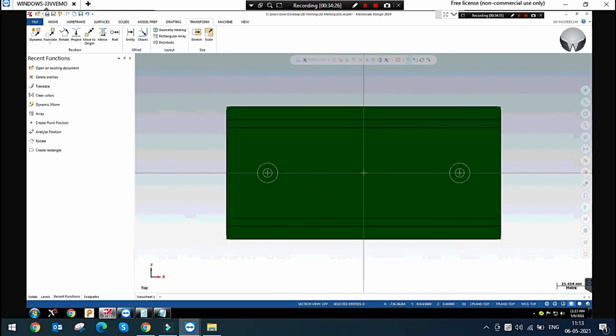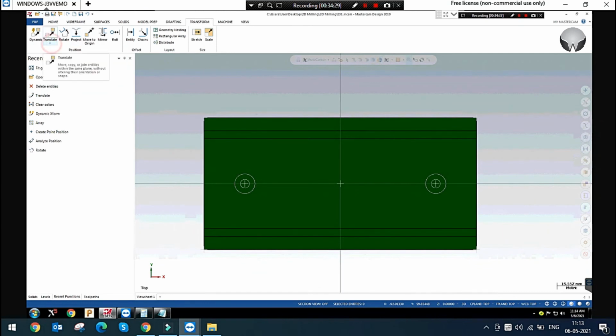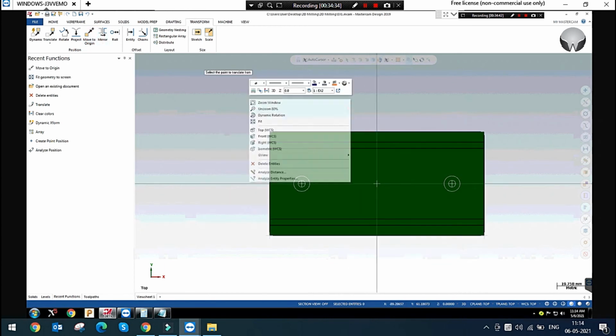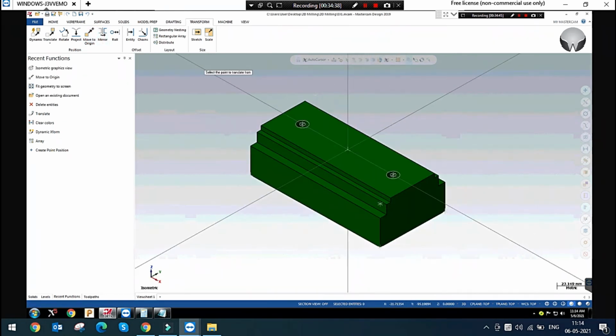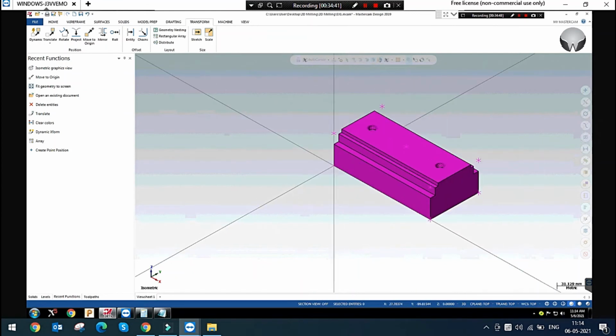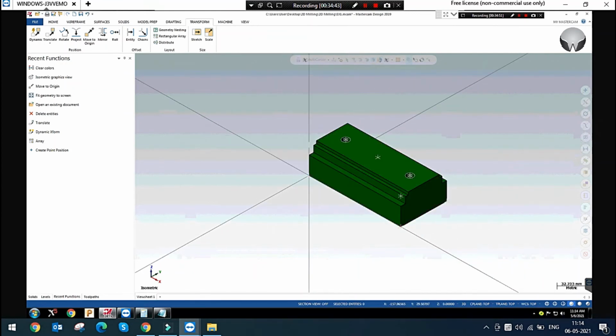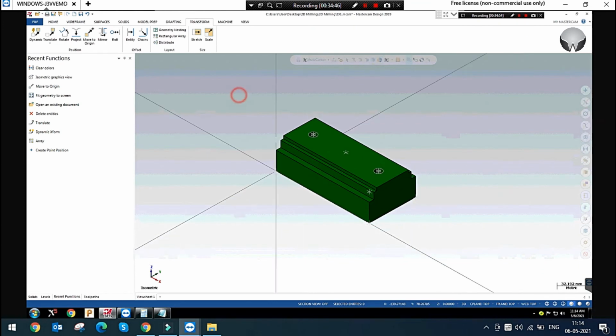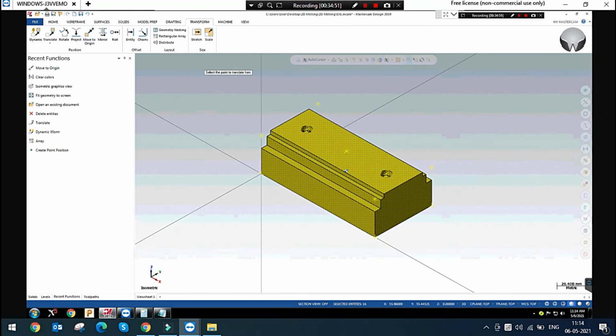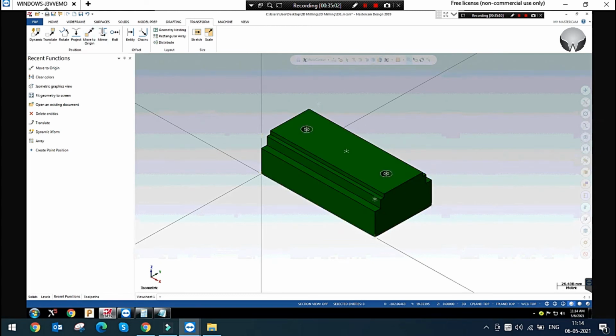So we have seen the translate to plane option, rotate option, and move to origin. So if you want to use move to origin, we can simply select the point. The origin will be moved to that point. Okay. There is another thing left. If you select the model previously and go to move to origin, you can see the center point of the model. It has been shown.